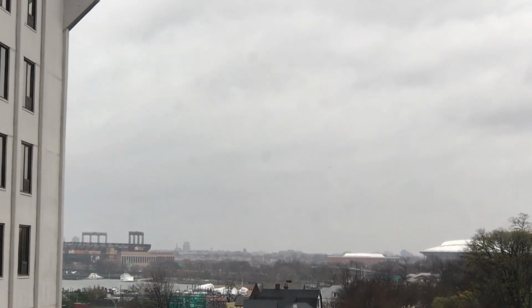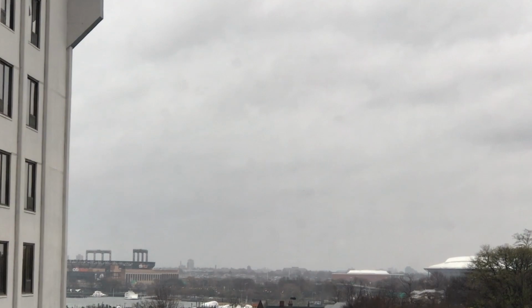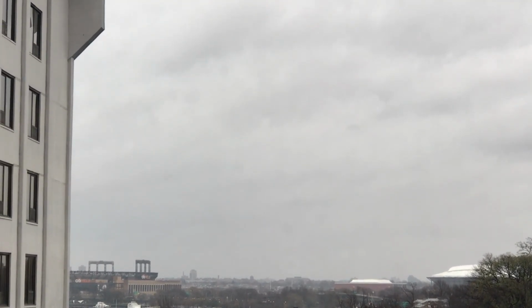Rain, rain, go away. It don't matter, honey, because I'm sequestered in this hotel for 14 days per New York